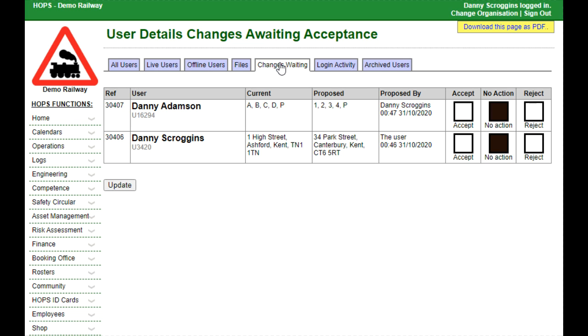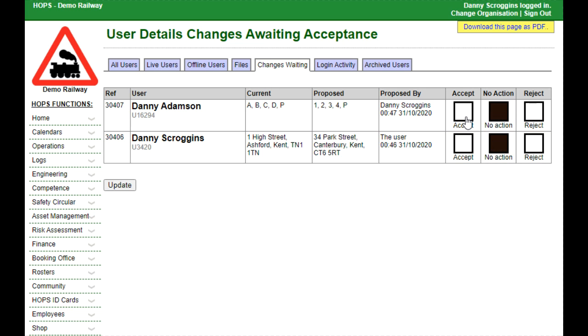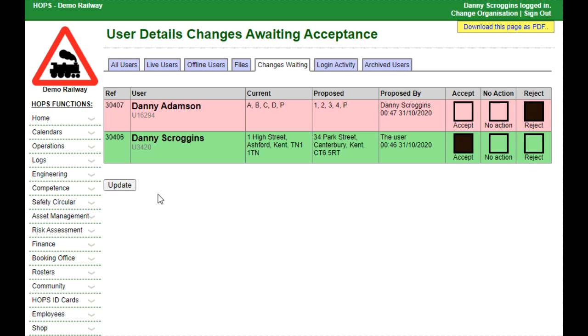So all of the changes here are listed out: what the user's current address is, what it's been proposed to change it to, who it was that it was proposed by. So in this case it was by Danny Scroggins, in this case it was by the user themselves, and for each one you can either click on accept or reject. And the page goes red or green to highlight what you've selected. If you leave it in the middle on no action, then no action will be taken. So I'll accept my Danny Scroggins one, and I'll reject the Danny Adamson one. Press update,